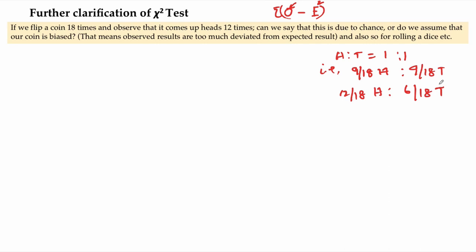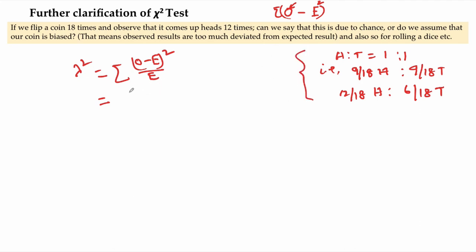One roll, two rolls, three rolls, four rolls, five rolls, six rolls. We get different results. Now in this case, think that the formula of the chi-square test is the summation of O minus E whole squared divided by E. Clear? So in this case, if I calculate the chi-square value for this trial,